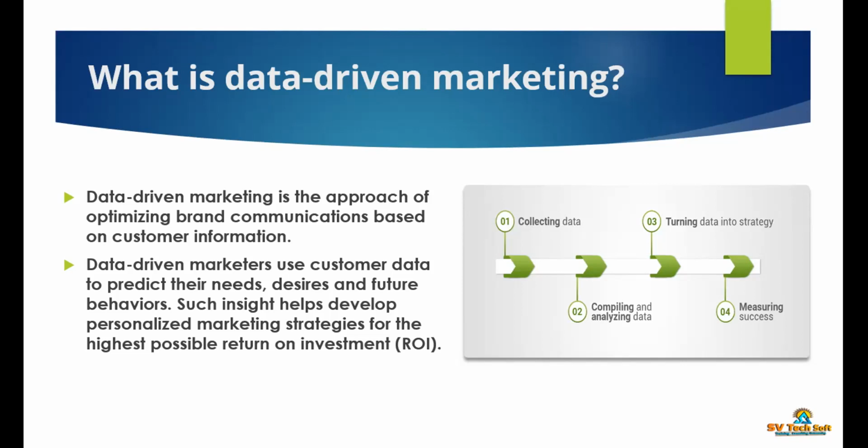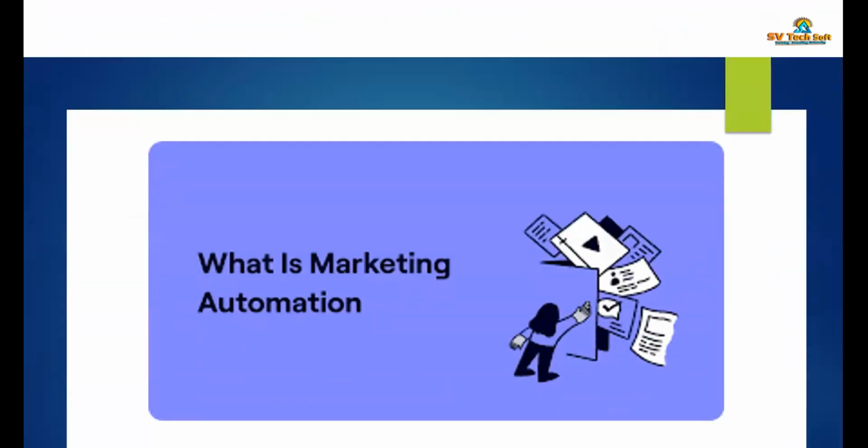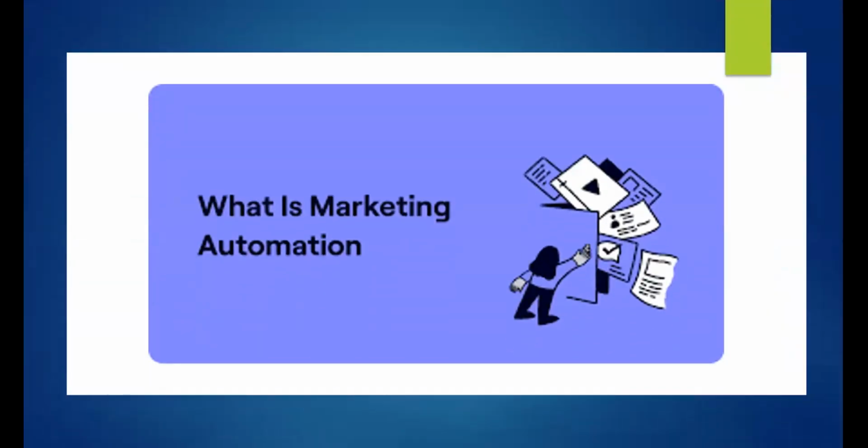That thing has evolved into a new concept of marketing, which is called marketing automation. Digital marketing has led to data driven marketing. With the help of data driven marketing, we are now into marketing automation, where we are able to read the data about the customers automatically, turn it into the strategy, and take next best actions at the right place at the right time for the right customer.